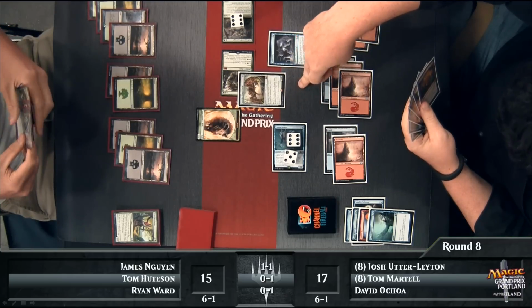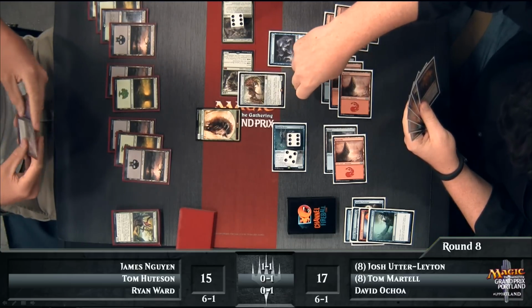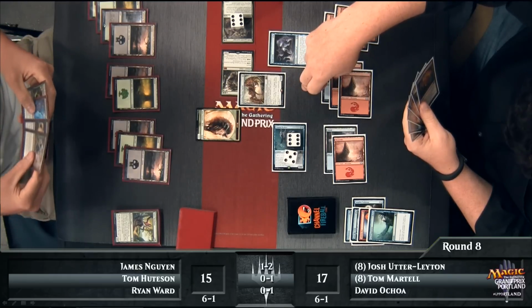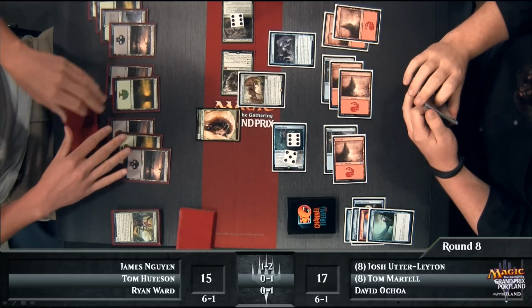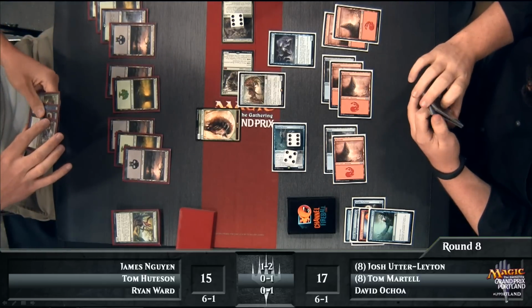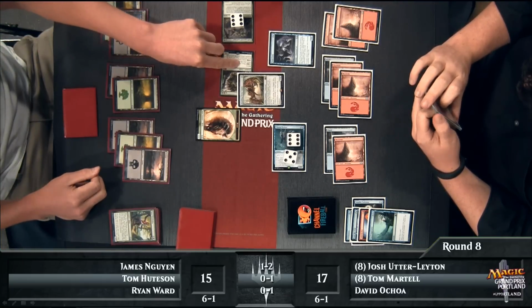Assuming... Yeah, Hutson's got a couple of options here. The most reasonable one is to just munch it with the Rotfeaster Maggot, but it's entirely possible he takes another out and decides he's going to reanimate the Scuttling Doom Engine with his Endless Obedience. I seriously doubt that's the play, but...